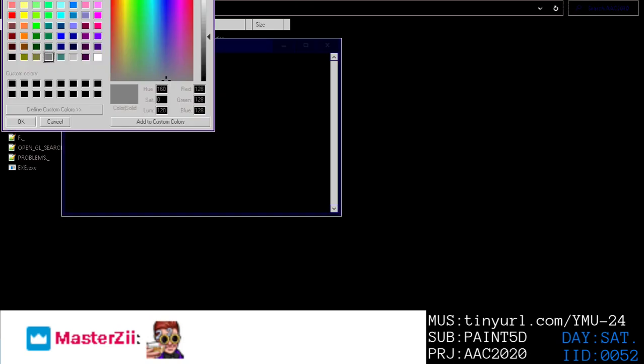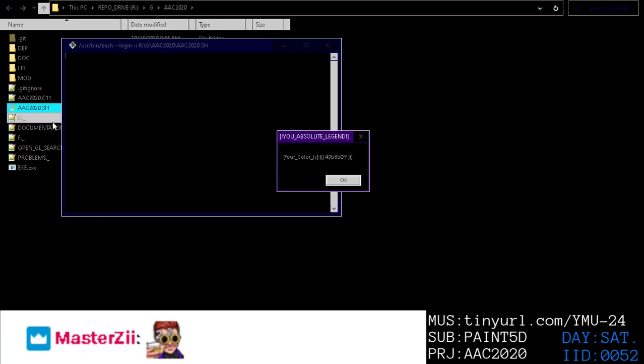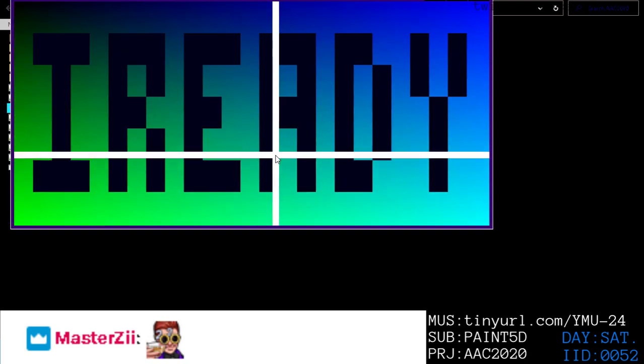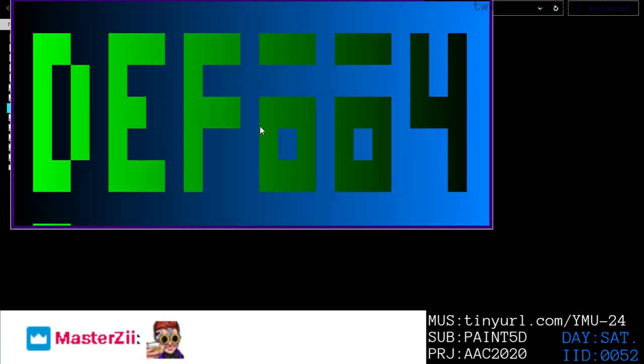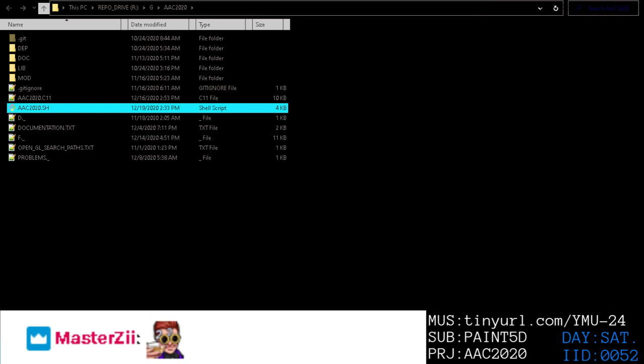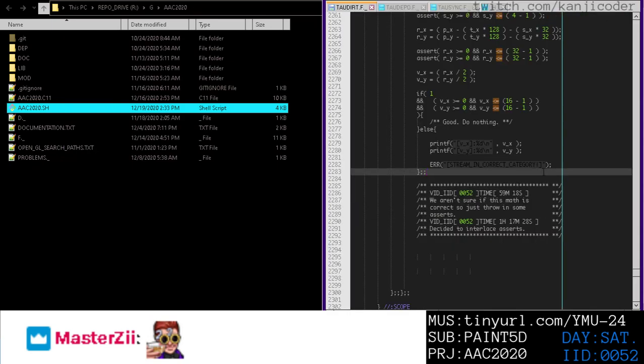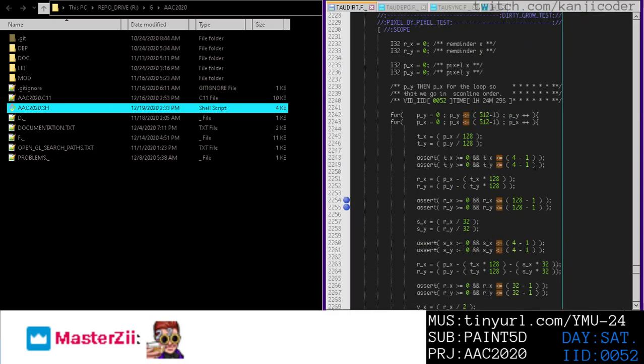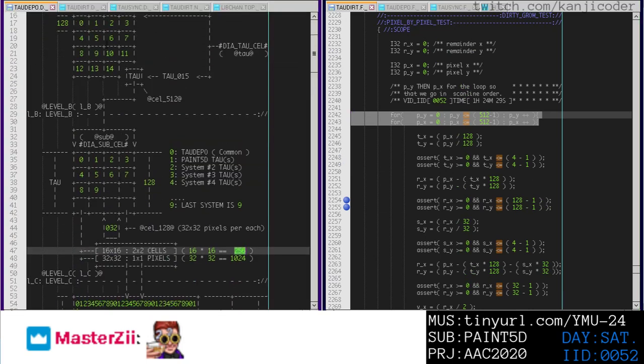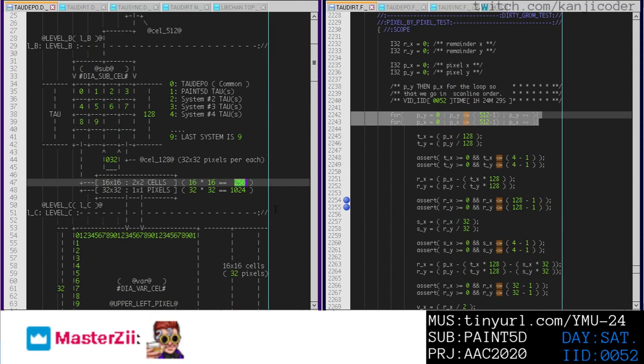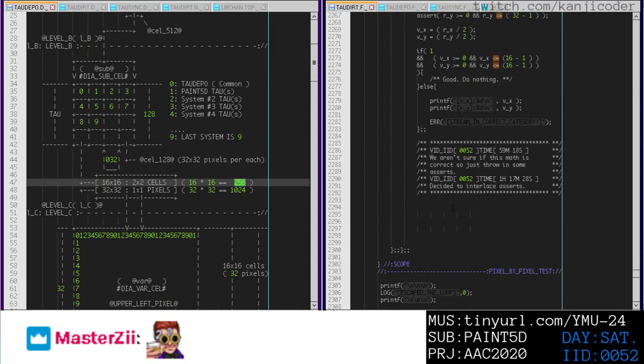I think that everything will work, but now we actually have to use these values, right? We just made sure we had the correct values, but now we actually have to use them. We did all this work, but we got to use them now. So the idea is we're going to iterate through every single pixel and figure out exactly what cells we're in, and that way when we do the get and put,